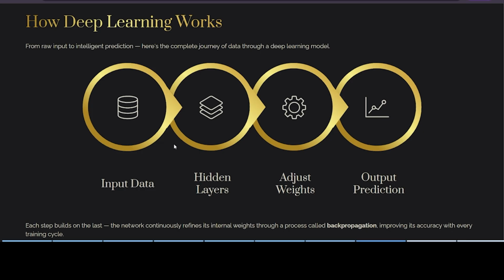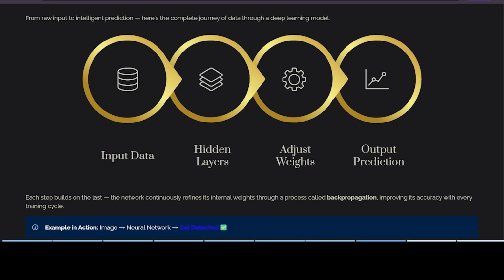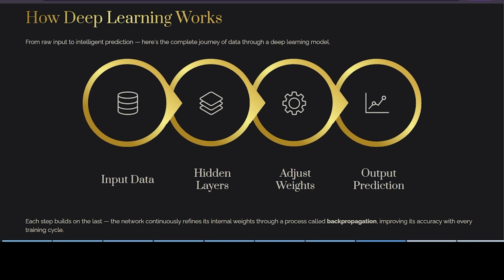Likewise, the network takes the input data, makes some calculations, and adjusts the weights to reduce the loss, and then it provides the output prediction. We compare the output prediction with the actual answer. If there is loss, it means there is error in the deep learning model. This is how we understand this concept.